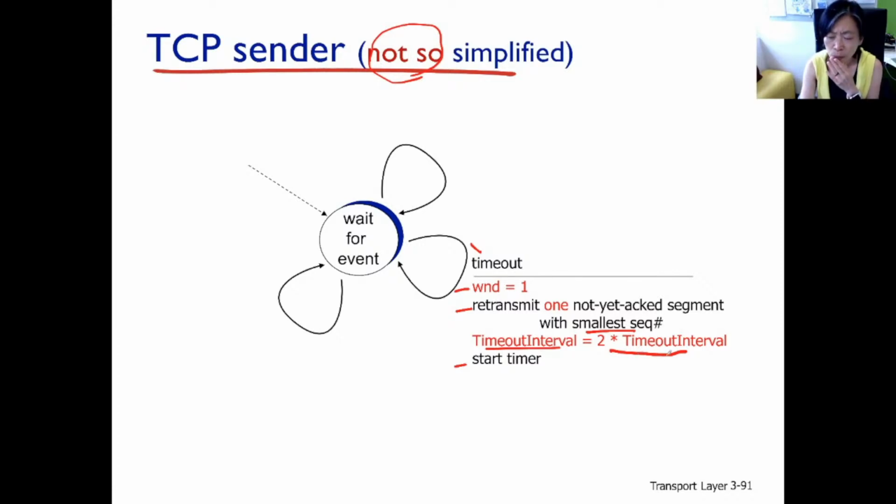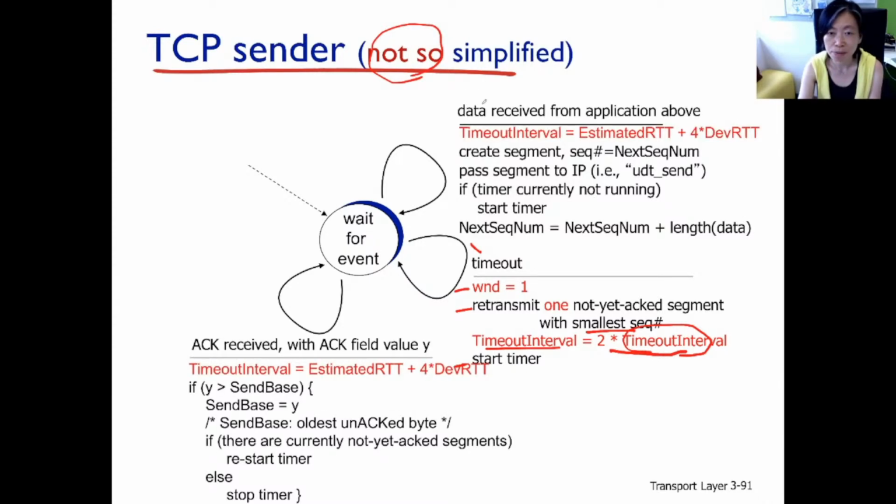Then you go, hey, what was the current timeout interval? Yeah, the current timeout interval is set here and here: in the transition where we get a call from above, and the transition where we receive an ACK packet from below. So you see the timeout interval is calculated this way. Yeah, this is what all those slides were saying, right? This is the equation we came up with: the average round trip time plus 4 times the deviation of the round trip time.